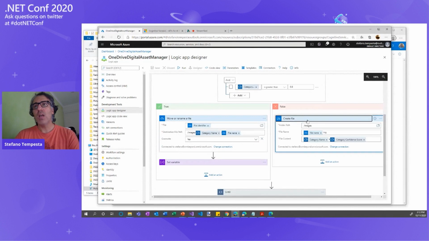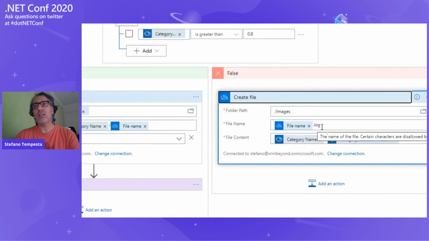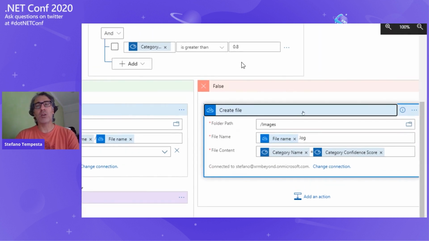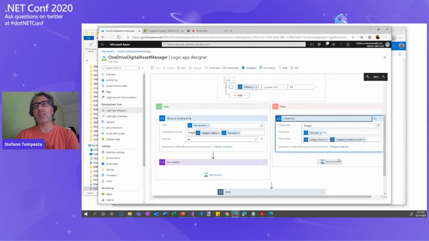If not, I'm going to create a log file with the same file name .log, and inside I just write the category name equals the confidence score. I want to find out what the confidence score is, if it is less than 0.8, just in case something happens. Because the automatic analysis is not good enough, or the confidence is not good enough,